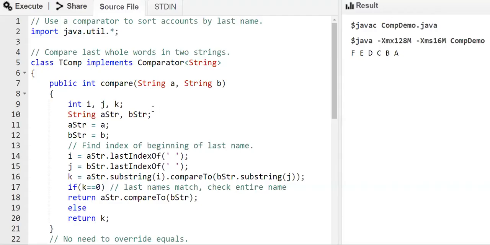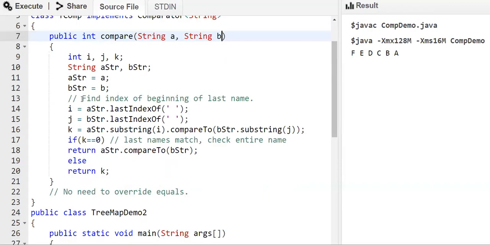So let us discuss one more program, that is using a comparator to sort the accounts based on the last name. So how can we specify the ordering based on the last name? For that, once again, we need to implement the comparator and compare method. In the compare method, we are taking A and B, two strings. In order to compare the last name, we must extract the part of the last name. So first, we will store A and B in A string and B string. Then we have to cut this particular string so that we can extract the